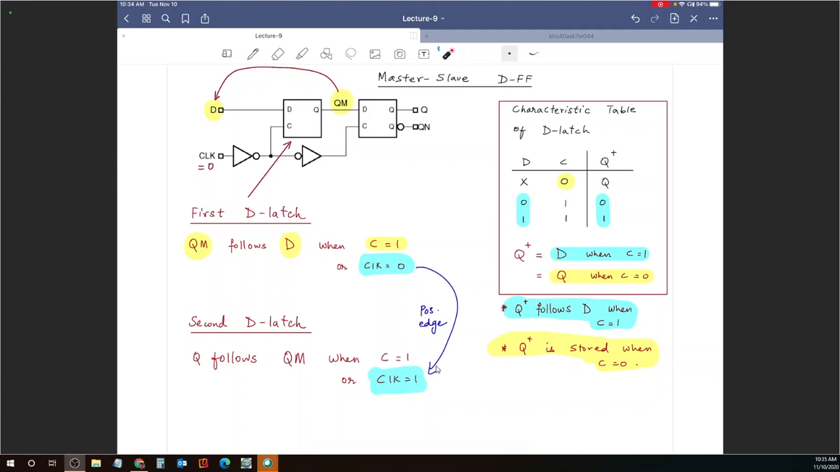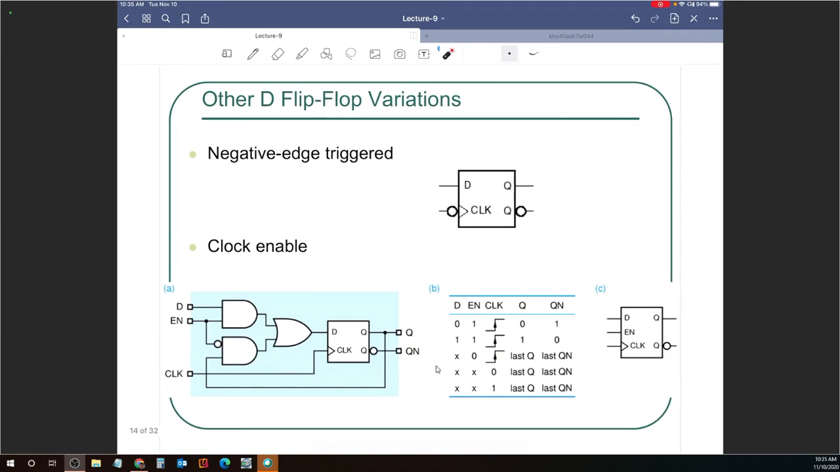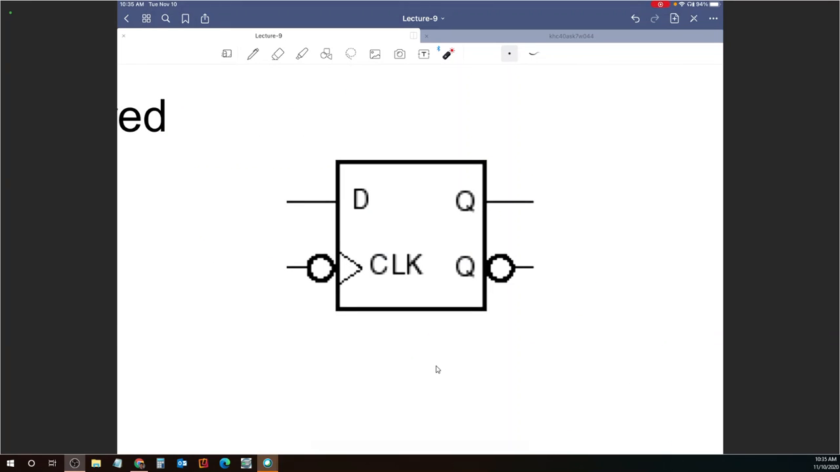Okay, let's get into some newer topics now. Other variations of D flip-flops. Right now, what we see in front of us is a negative edge triggered D flip-flop. The way I know it's a negative edge triggered D flip-flop is because of this bubble right there. That bubble in the symbol indicates that it is negative edge triggered. Actually, the edge is denoted by something else. That triangle right there indicates edge sensitive. So both that bubble and the triangle combined indicate that this is a negative edge triggered D flip-flop,